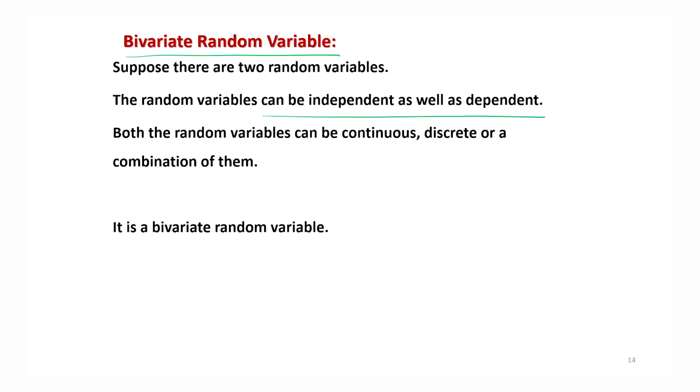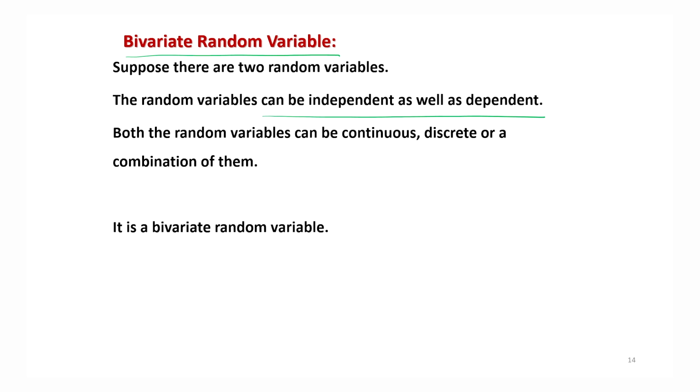What does this mean? The two random variables are going to be independent if the occurrence or non-occurrence of one variable does not affect the occurrence or non-occurrence of the second variable. And they are dependent if the occurrence in the first variable affects the outcome in the second variable. Right. Well, we will understand how to define such independence through random variables in the forthcoming lectures.